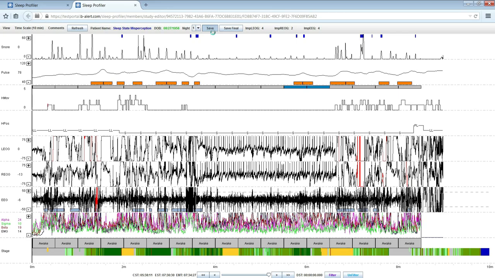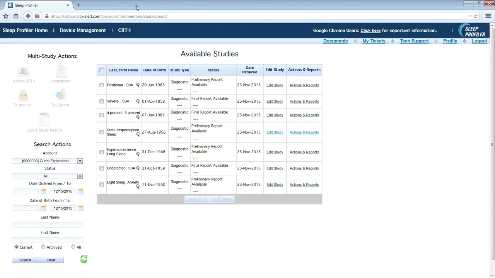So I'm going to press save, and confirm that the edits were successfully saved. And if you've acquired a 2-night study, now you can go in and edit the second night. In this case, I'm going to close the screen, and now I'm going to review a study for the subject